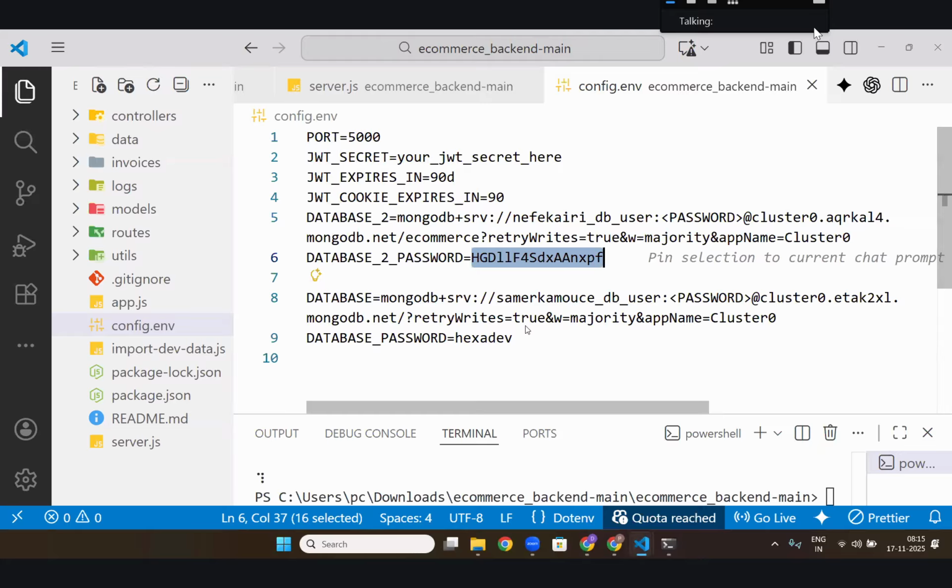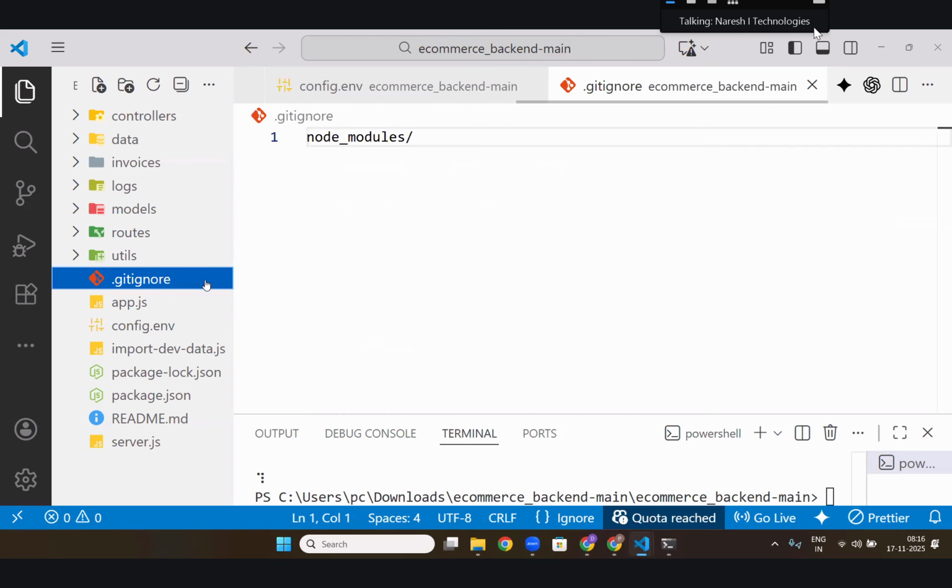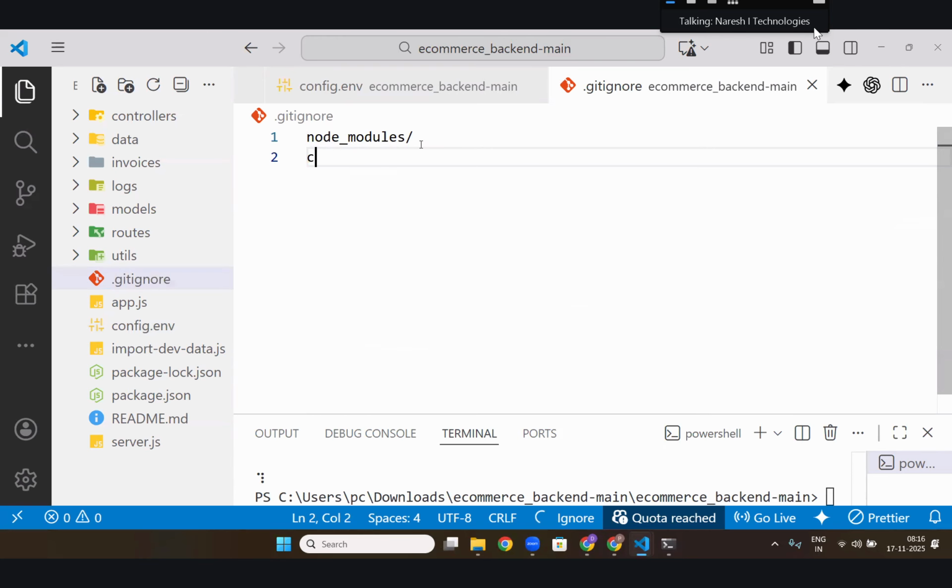Some people when they do it in GitHub don't understand this. Someone will download their code. They should not do this kind of thing. He should have put this config.env in .gitignore. Anyway, I'm not going to do anything with his password, but people should not do that. Especially you.